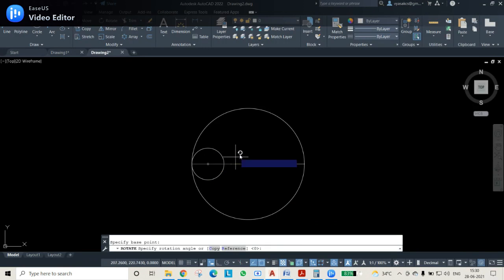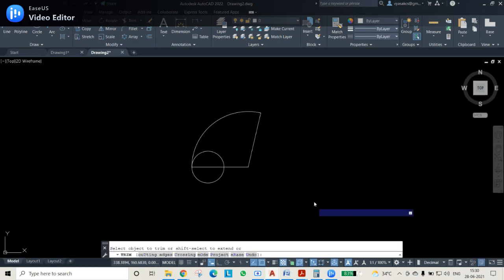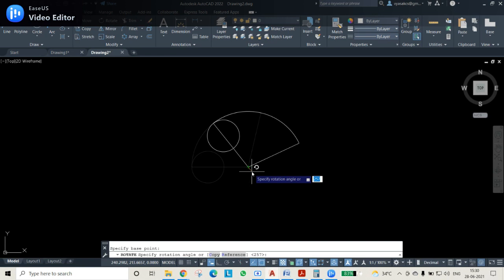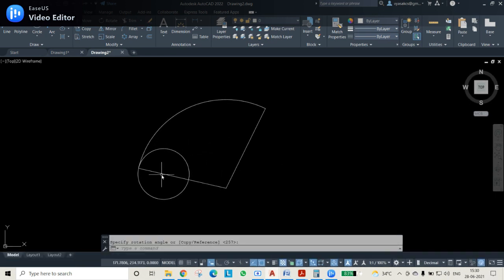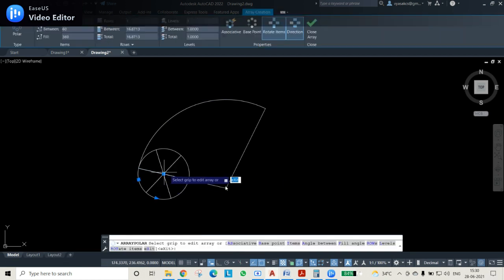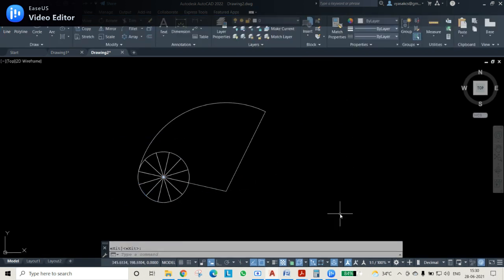So here we have to rotate it by how much? 103 degrees, so minus 103 degrees, and then use the trim command; this is not necessary, so I have trimmed it. Similarly, you can select this and rotate it if you want for look purposes. Here I have rotated it somewhere. Then select the internal line which I have drawn, that is the diameter, and use the polar array command, with this as center, and use 12 items, and divide the generating circle or the rolling circle into 12 equal parts.